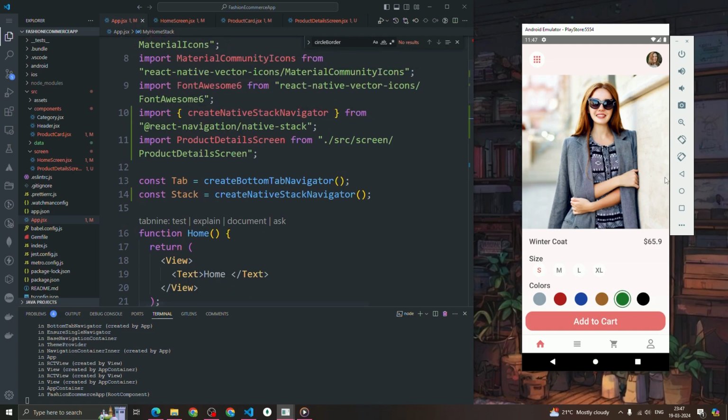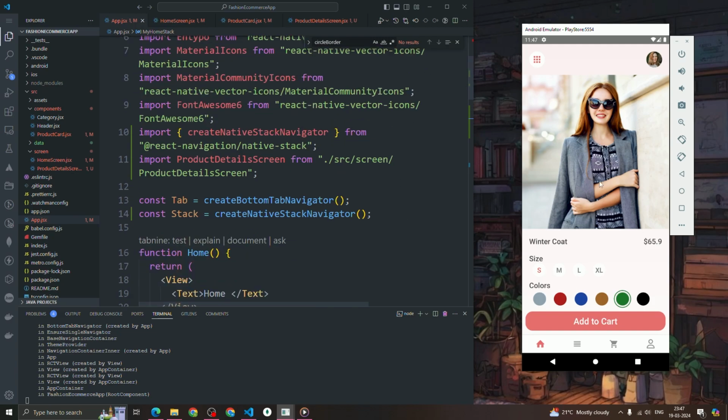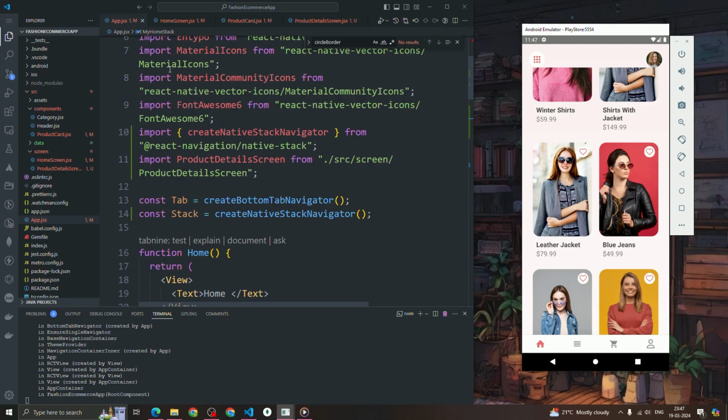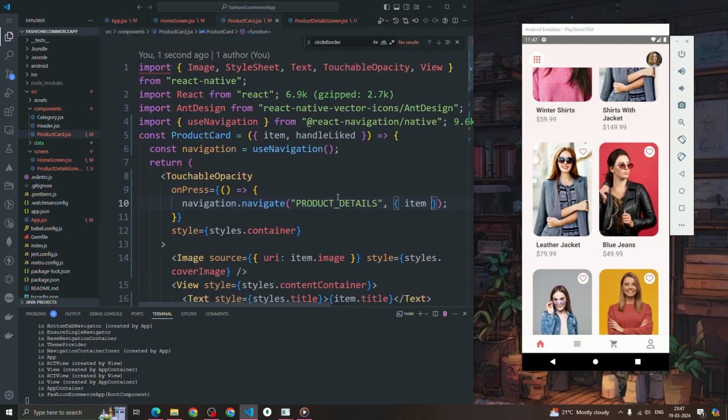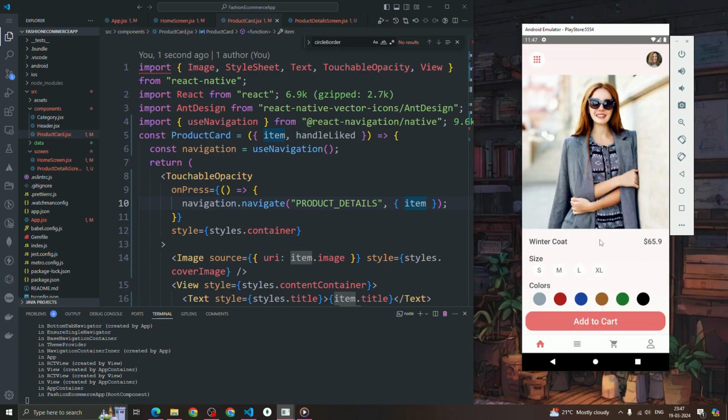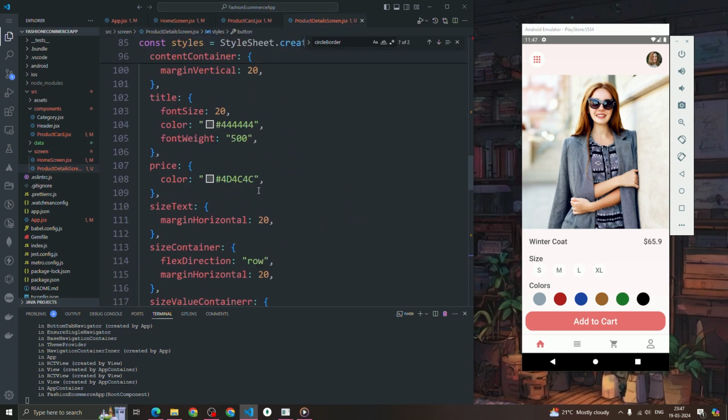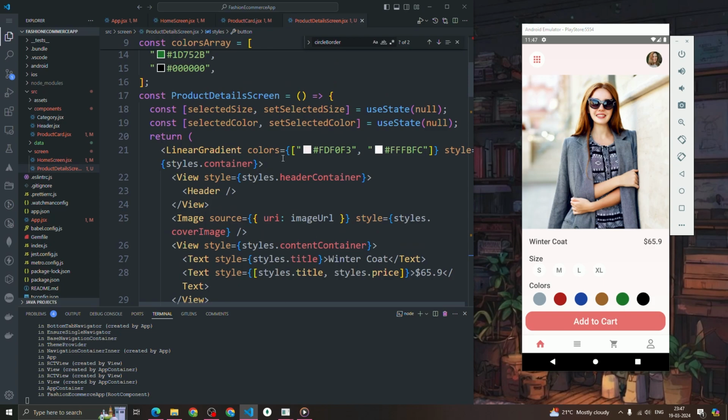Awesome. Now what we're supposed to do with the data is, let's go to the product card component. So you can see that we are navigating to the product details component, and we are passing an item data as well. So what I'm supposed to do basically is, we want it to render that image, that data, all the things. Okay, so how can we do that? We have to go here, we have to write like this, const